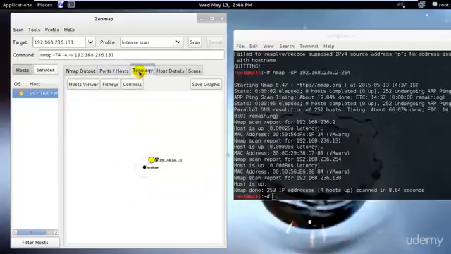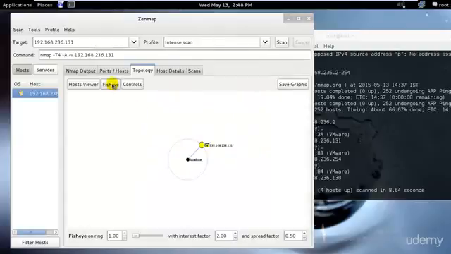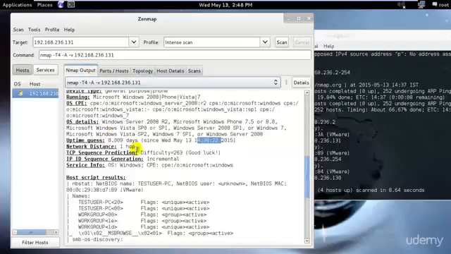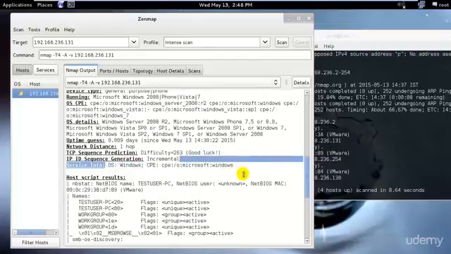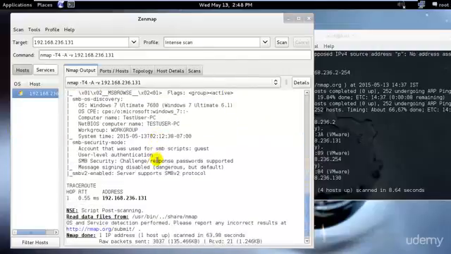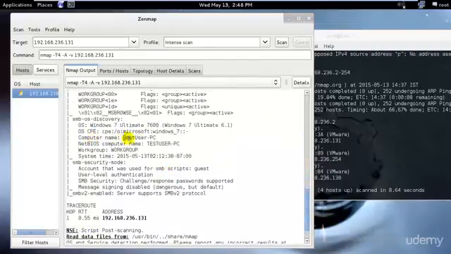That means there are no computers in between. These are connected directly. If I'm connecting through the internet, then there will be multiple computers through all the routes I'm going through, and it will show me where exactly my computer is by connecting to several computers. And as you can see, we have the TCP sequence prediction, that is 263. That means we can easily penetrate into that. Again, the operating system is Windows, and we have all the information that we need. The computer name was test user, since